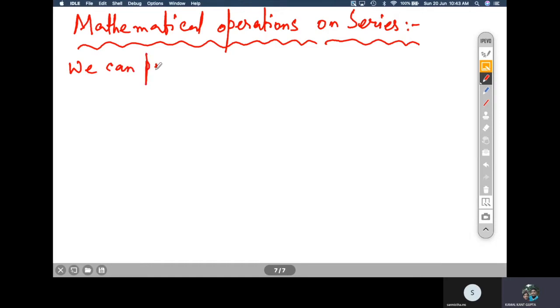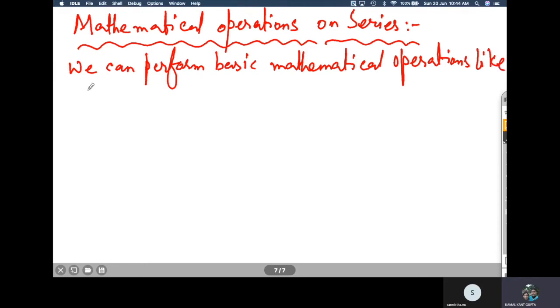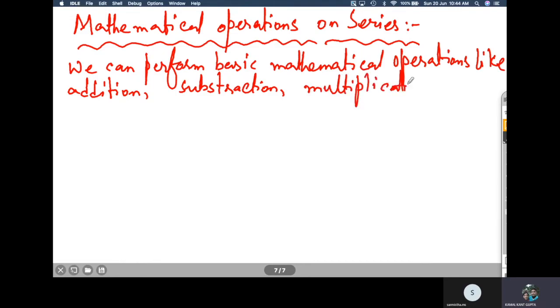We can perform basic mathematical operations like addition, subtraction, multiplication, division on a pandas series.